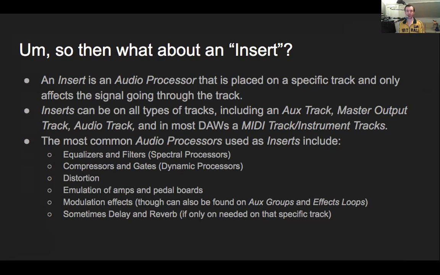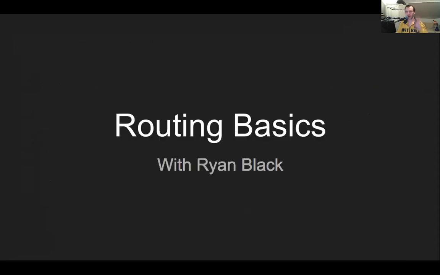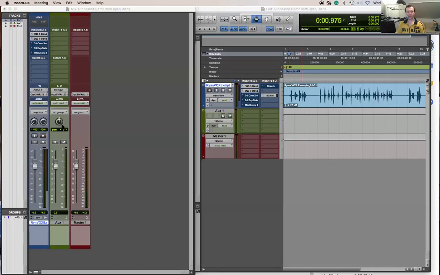It's far more efficient to set up an auxiliary track and use sends than it would be in that instance to use inserts to get the exact same reverb on multiple tracks, right? So we're going to jump away from all these words, and we're going to jump over and take a look at Pro Tools. And in Pro Tools, what you're going to see is a very basic session that I've set up, the mix window here on the left, and the edit window here on the right, and it just has a little bit of audio, which I'm going to test to make sure is coming through